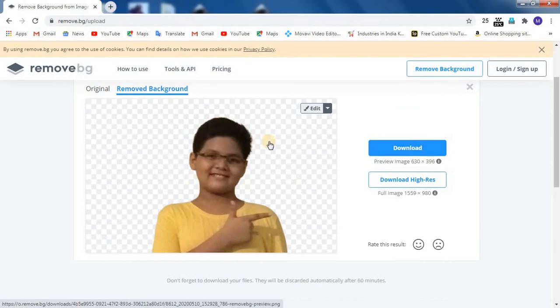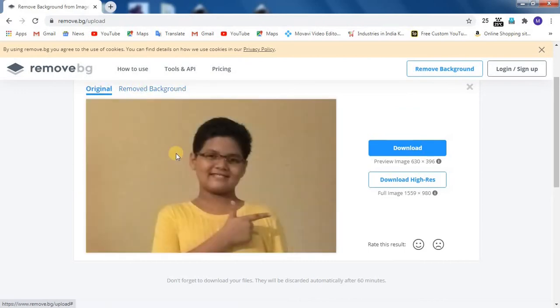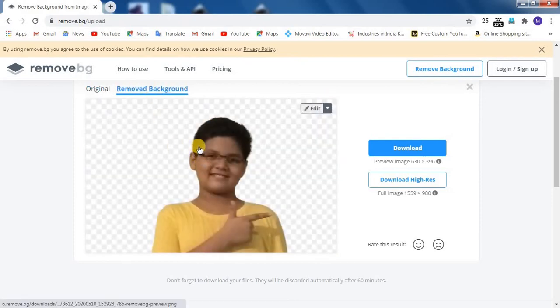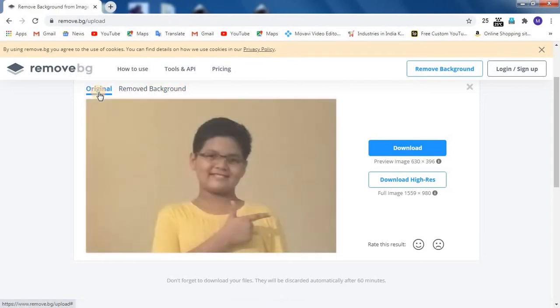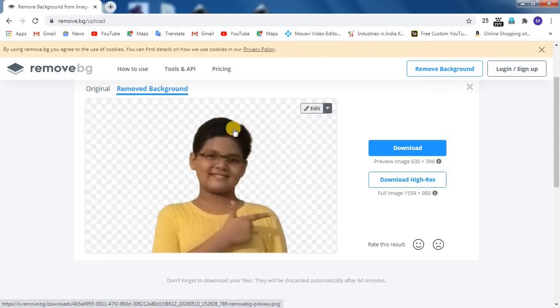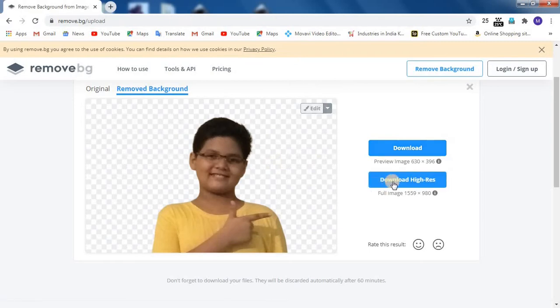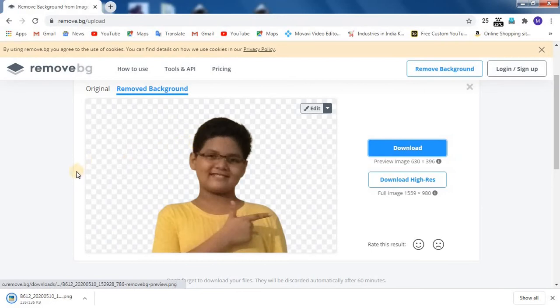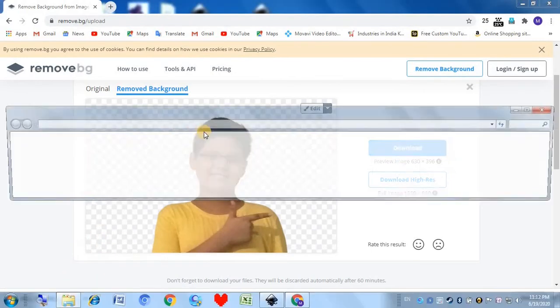Here you see the background has been removed. Here the background was there, but here as you can see the background is completely removed with no problem. This part has been perfectly cut out. If you want, you can download here, or you can download higher resolution, but I just want to click on download higher resolution because I have to download it quick. So I just want to show in folder,